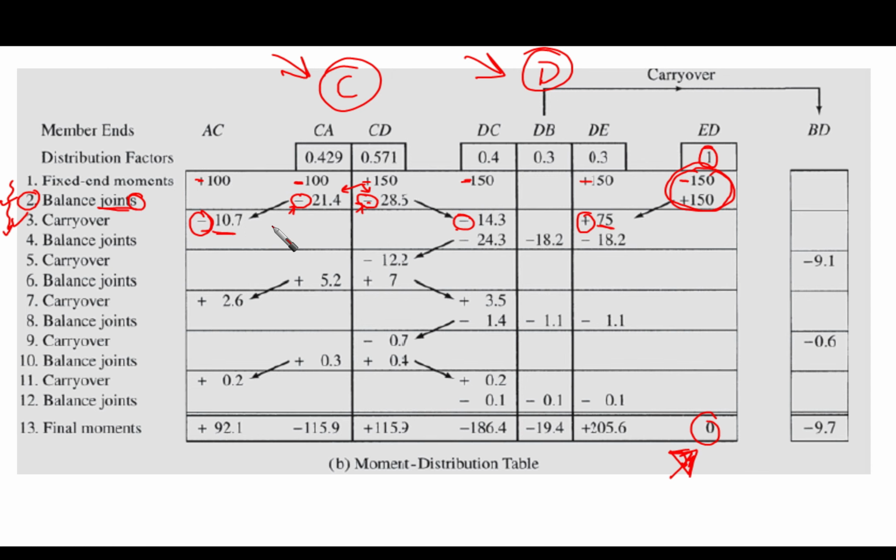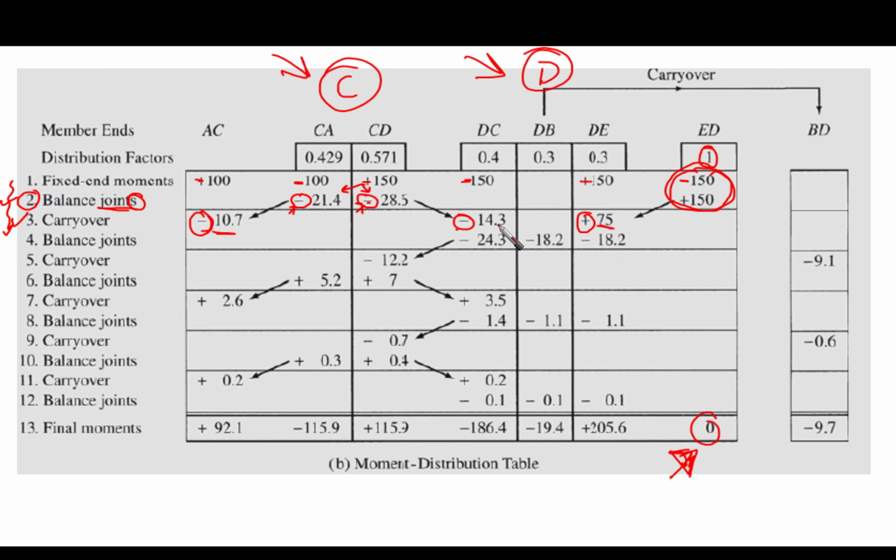Okay, now let's go to the unbalanced moment. Do you have unbalanced moment here at point C? The answer is no. Do you have any unbalanced moment at point D? The answer is yes. We have carryover moment, which is minus 14.3 here. And we have a carryover moment, which is already given from point E. It is plus 75. So when you sum them up, you're going to find that 75 minus 14.3